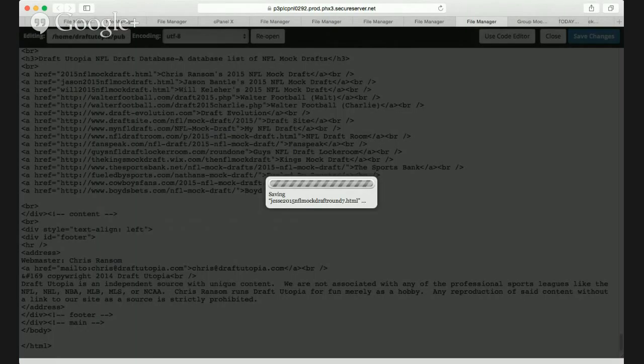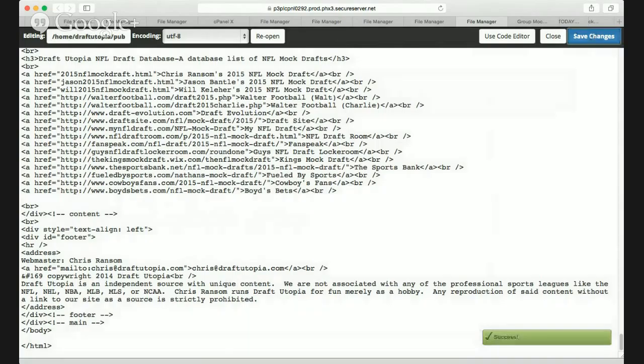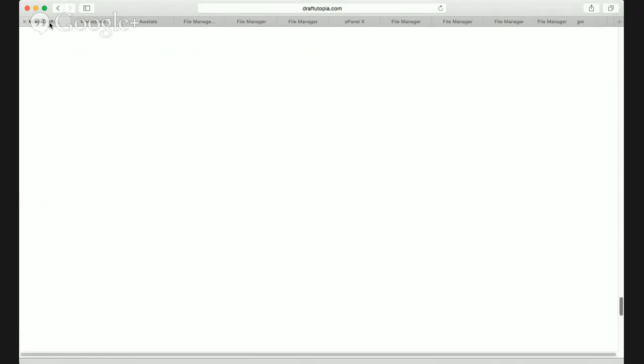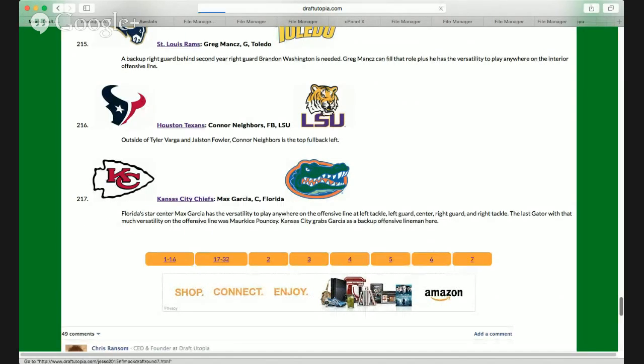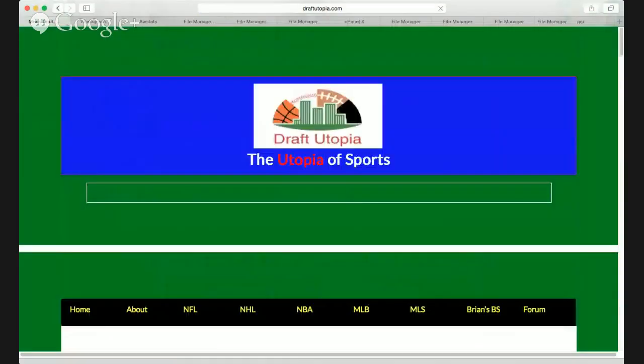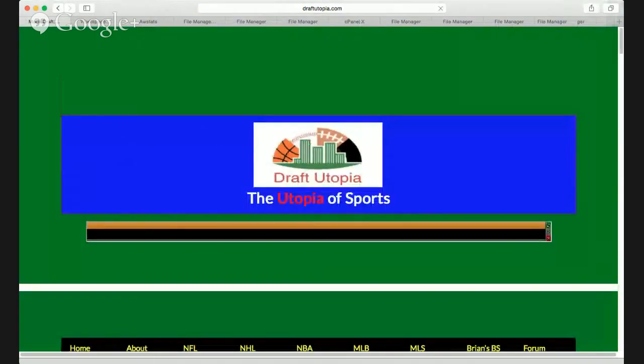I'm going to save the changes here, and we're going to load Jesse's round 7. And we'll see what happens. And yeah, I mean, the code is very simple. There's a trends feature, like a news ticker where you preset the width and everything.